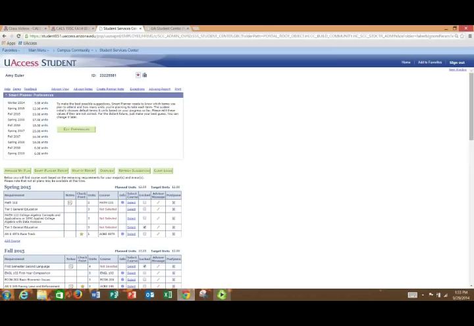So when it comes to your advisement report and Smart Planner, you want to make sure that they're reading correctly. You want to make sure that they're as 100% accurate as possible. Because if it's not accurate, then there's kind of no purpose in using them. If Smart Planner isn't accurate, it's going to tell you you need to take classes you've already taken. So what I want you to get out of this is look at your advisement report and make sure everything